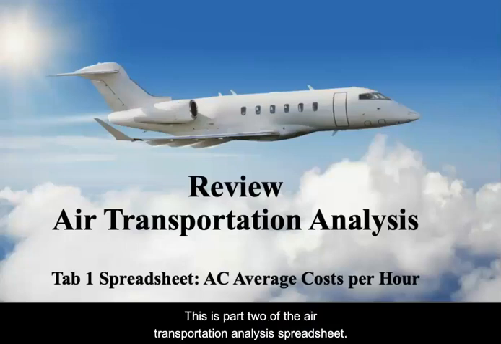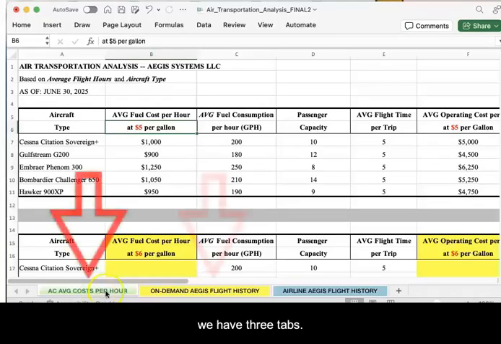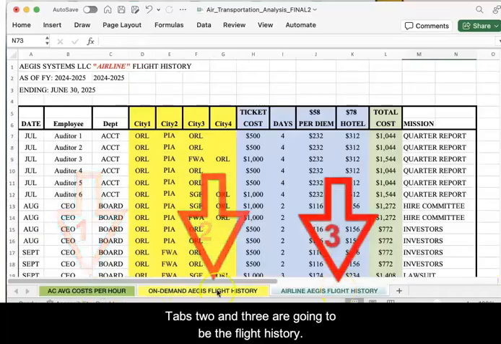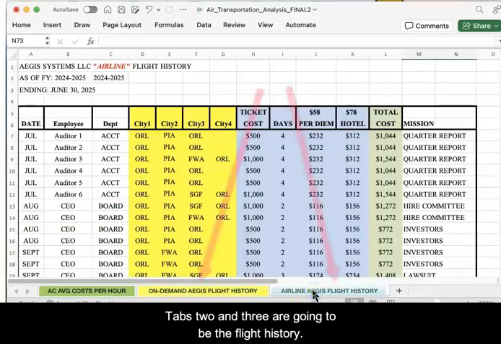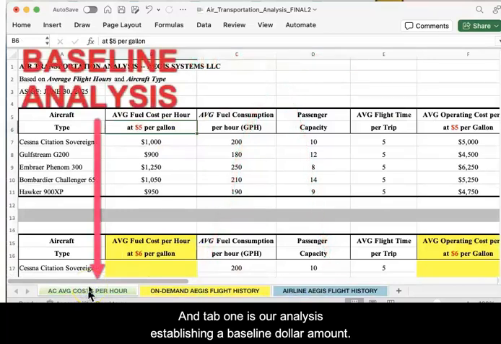This is part 2 of the air transportation analysis spreadsheet. But first, let's review what we did in part 1 under the aircraft average cost per hour tab. We have 3 tabs: 1, 2, 3. Tabs 2 and 3 are going to be the flight history, and tab 1 is our analysis, establishing a baseline